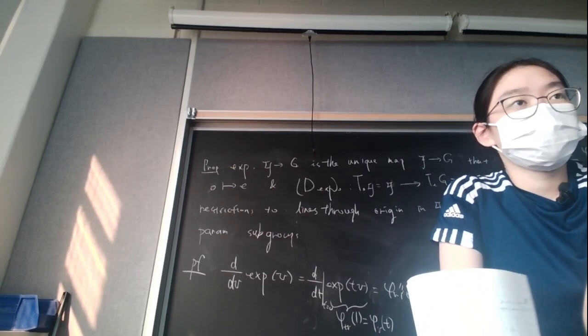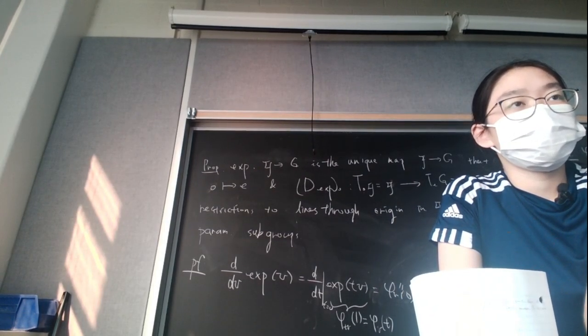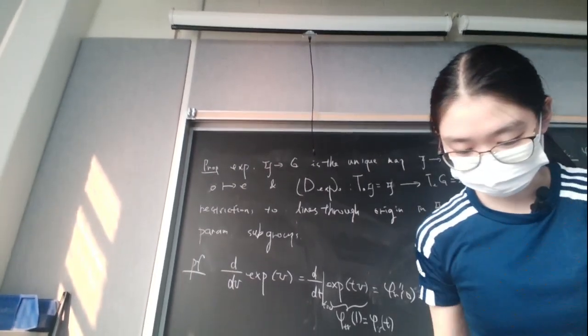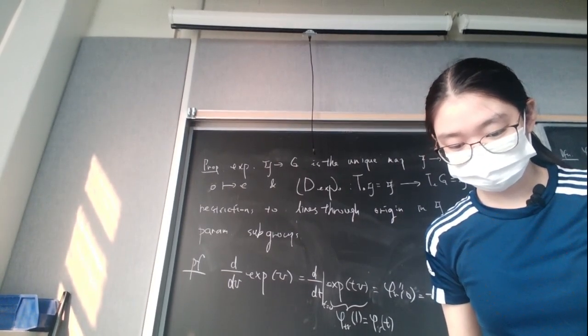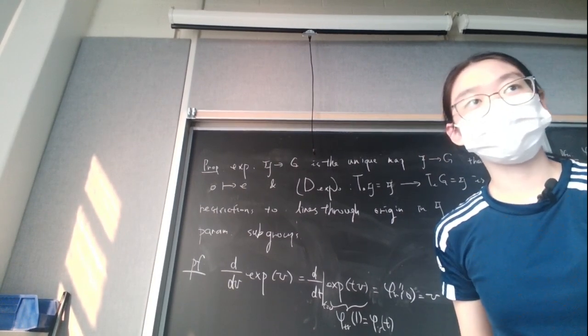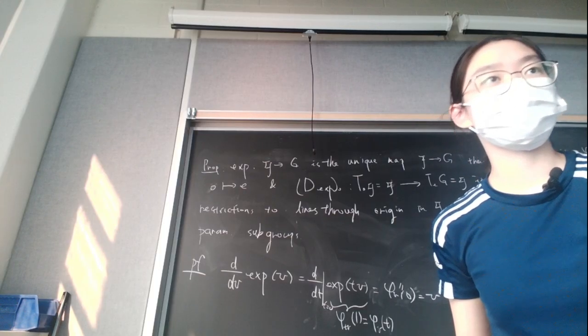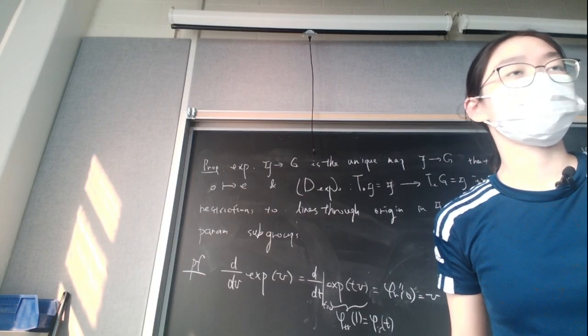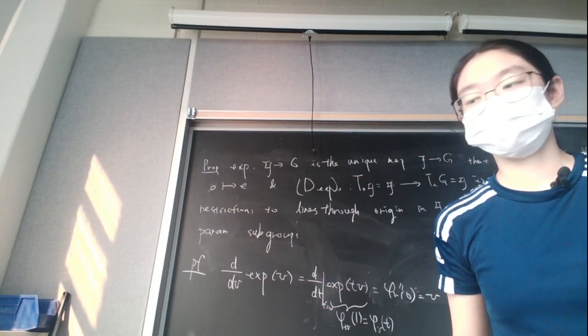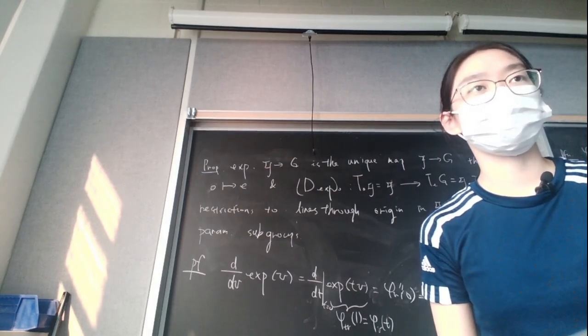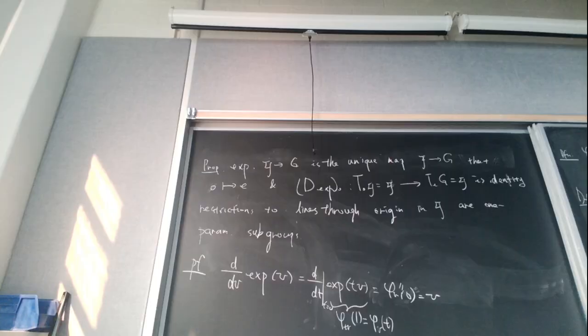There is something we did not prove. Oh, true. The uniqueness of one parameter subgroups. I'm not sure how to prove it. I can say